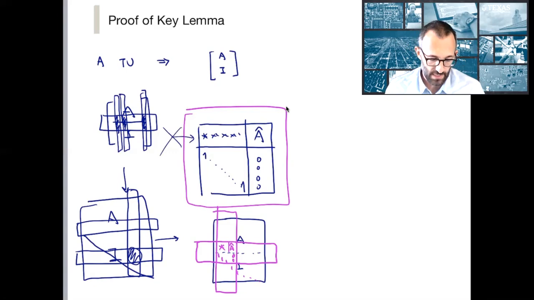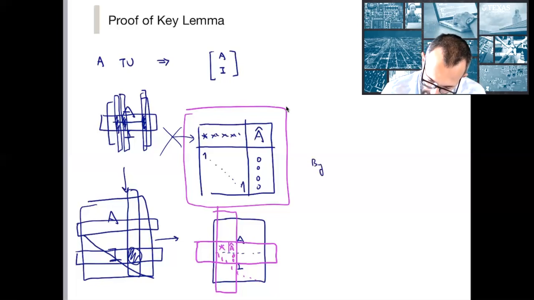We're going to expand by minors according to one of the rows, say, of the identity portion of the matrix, and all of those, as you can see, are going to be basically